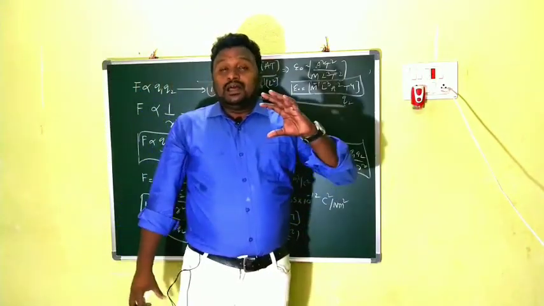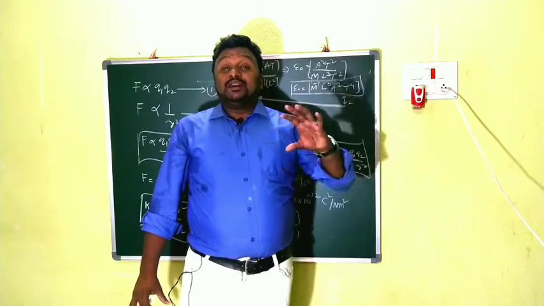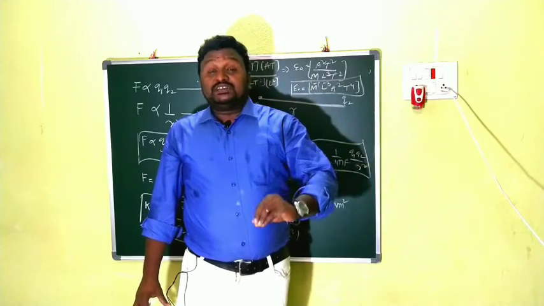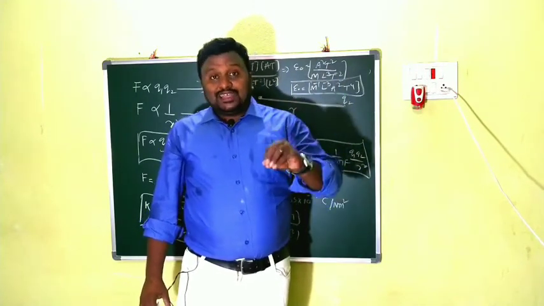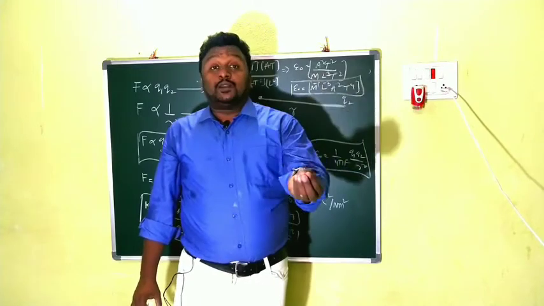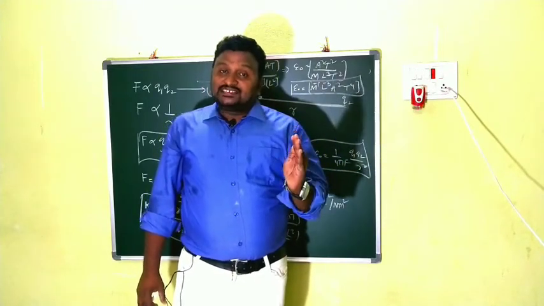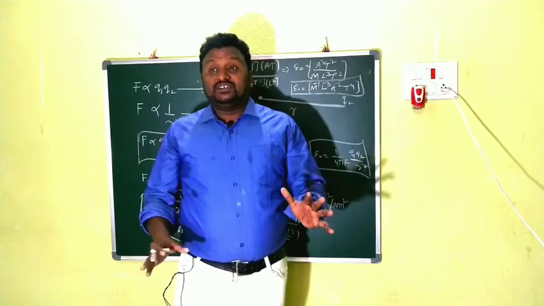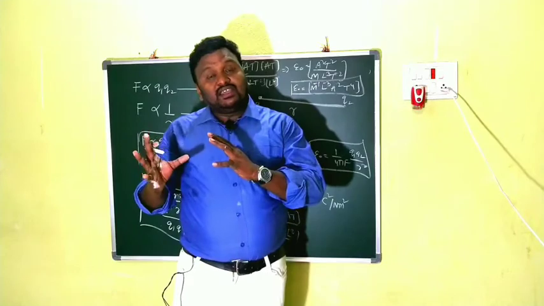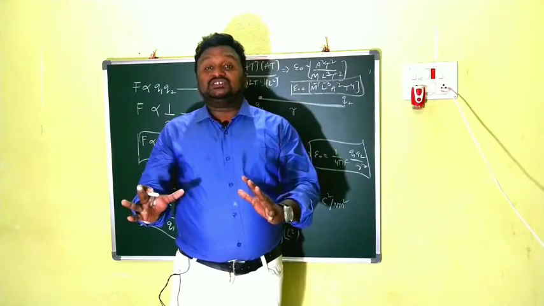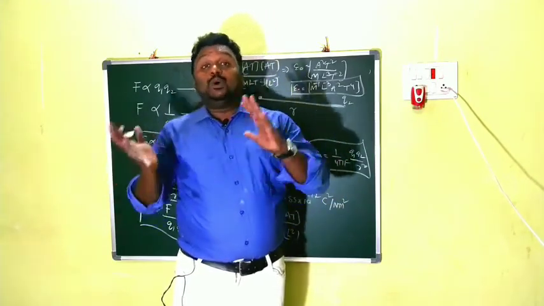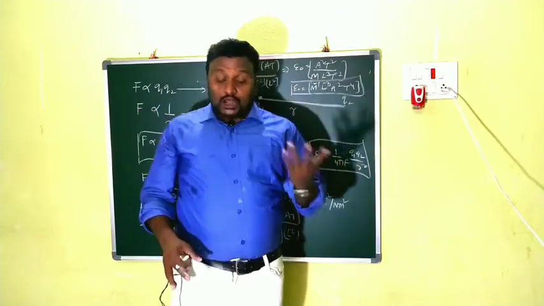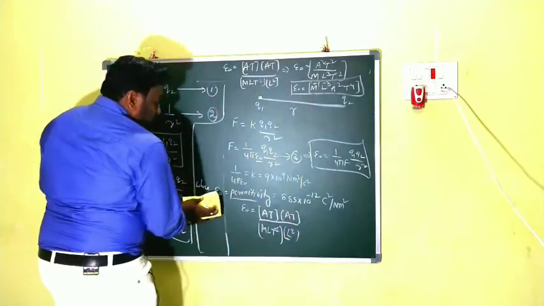Permittivity is the property that can explain the ability of force between two charges. Permittivity in free space should be taken as epsilon naught. If we take any medium, we can say that there is epsilon. Clear? Epsilon is the permittivity in medium, epsilon naught is the permittivity in free space. For your kind information, both have the same dimension formula and same units, even though one is in free space and one is in medium. Clear, children? So after that, I am going to the next point here.